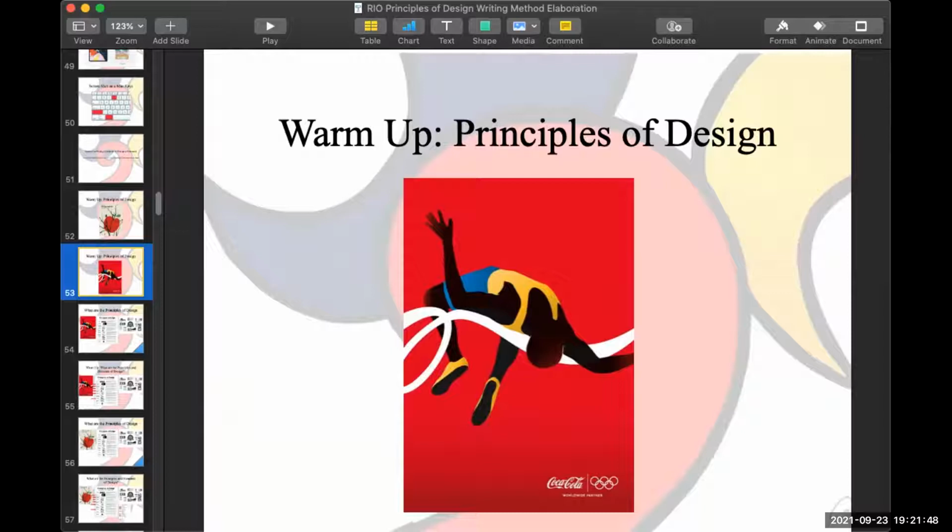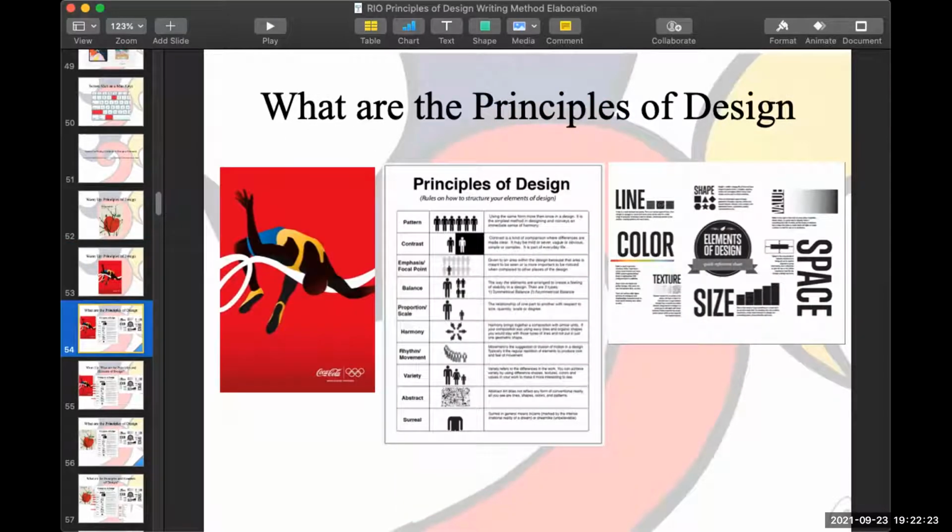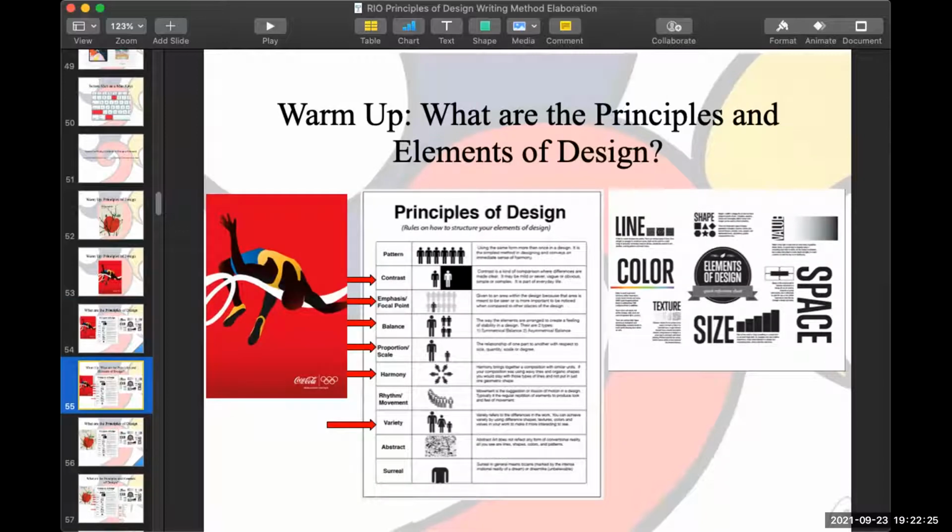That's like the first ultimate question. The simplest, most obvious thing is the focal point, right? So the first thing that you notice, if it's the person, that's your focal point, okay? So you've already determined the focal point. If it's the red background, that's the first thing that you notice, followed by the person second. That's your focal point, okay? Everyone varies when it comes to their first thing, but generally that's the focal point, right? So if you said the background, that's fine. If you said it was the person, that's fine. But that's your focal point. That's the first thing. So you've already accomplished one part of your write-up, which is the emphasis/focal point,